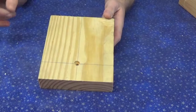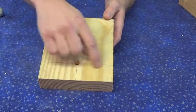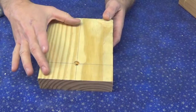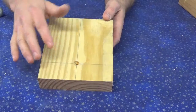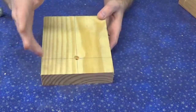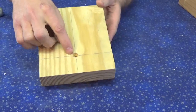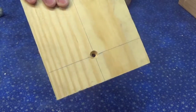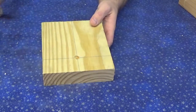Okay, so since this is one of those little detail things, I wanted to show you what I did here. So obviously you can see where I marked on my little piece of wood here. Again, this is the camera platform end. Exactly where I wanted my mounting screw to come through. So drilled it in from the bottom or from the top, it really doesn't matter. And then on the top side, however, see, I countersunk that. If you don't have a countersink, you can just use a drill bit that's slightly larger and it serves the